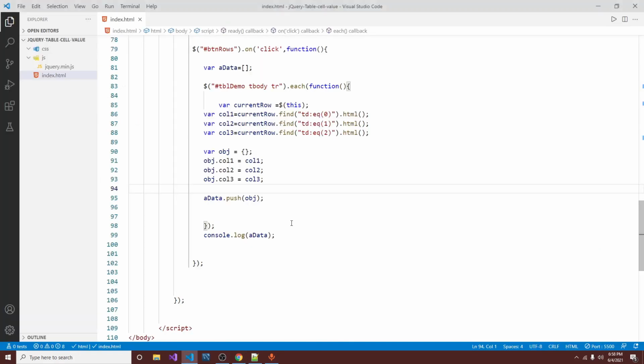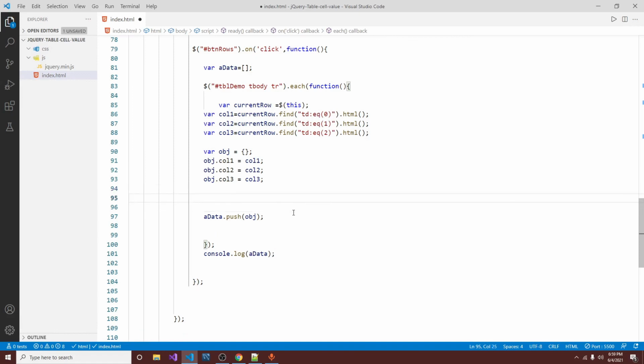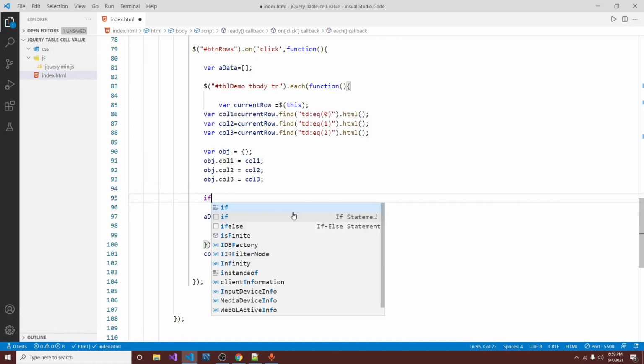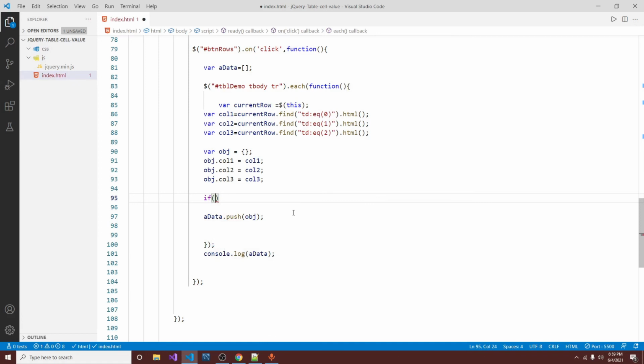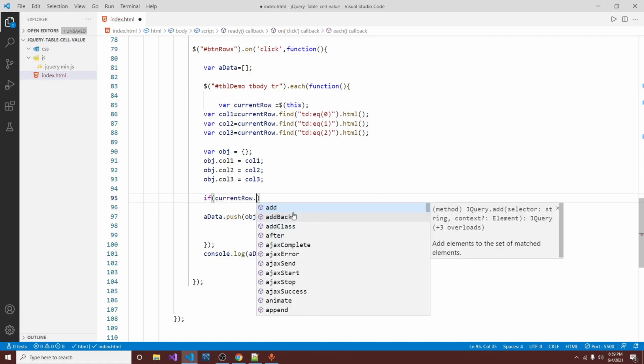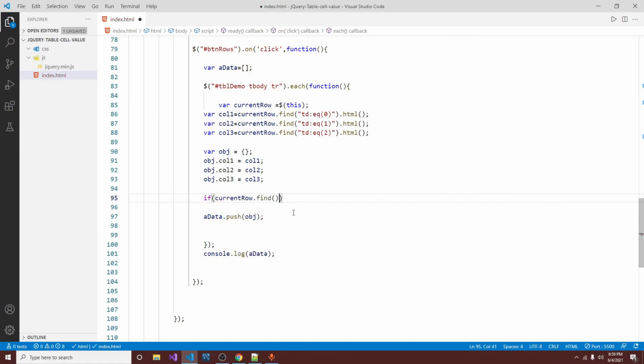Here we need to add a if condition which will check whether the checkbox is checked or not. We can do that with if current row dot find. What we have to find?